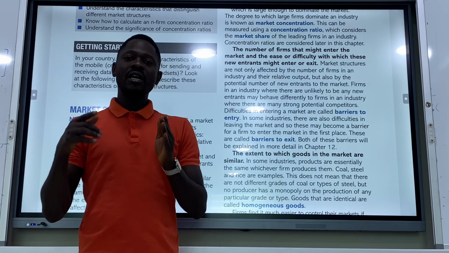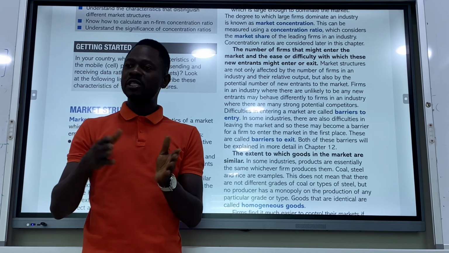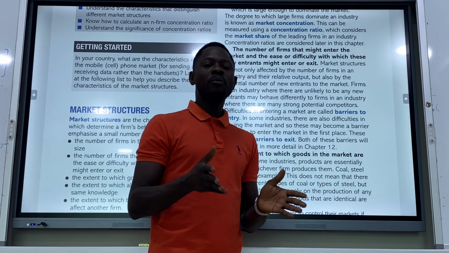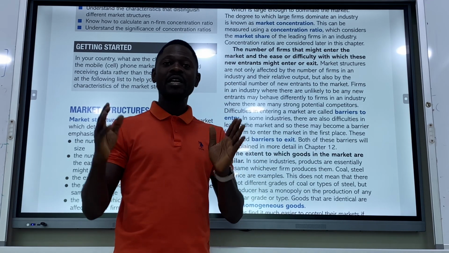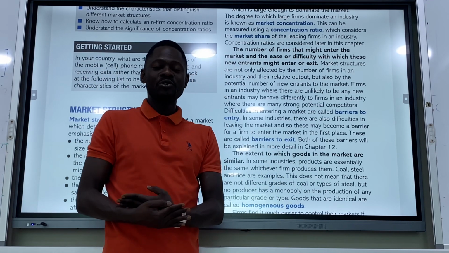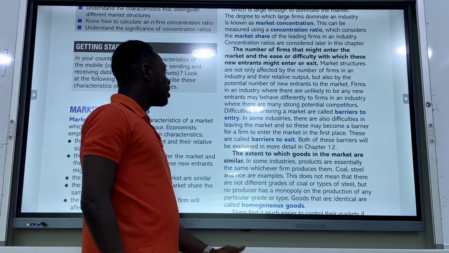of an industry is also one of the ways to determine if the market structure is monopoly, oligopoly, or monopolistic. For monopoly, there's always barrier to entry. It means there's only a single seller in the industry, so no new entrants, no exit. That is monopoly. So that's the second one.